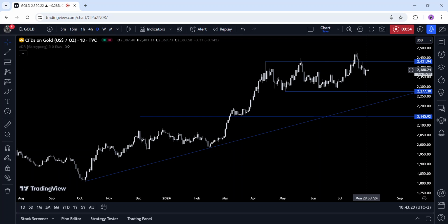On the other hand, we have Trump now looking more and more like a potential winner, and his policies are seen as inflationary, which could see the Fed eventually going even more slowly in rate cuts. This might not impact the market substantially in the short term, but it could decrease the buyers' conviction for a strong rally. Now, on the daily chart,